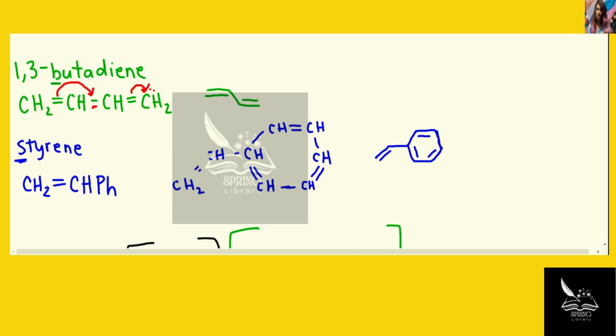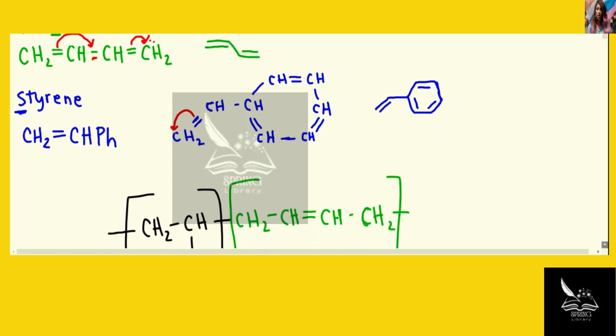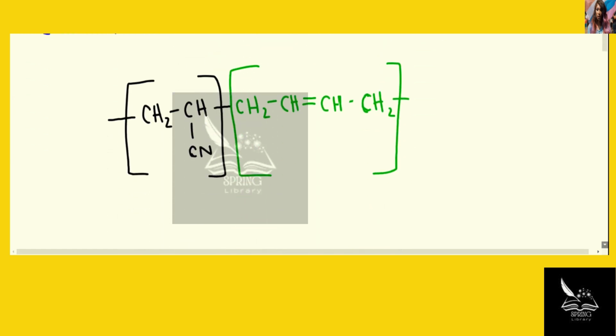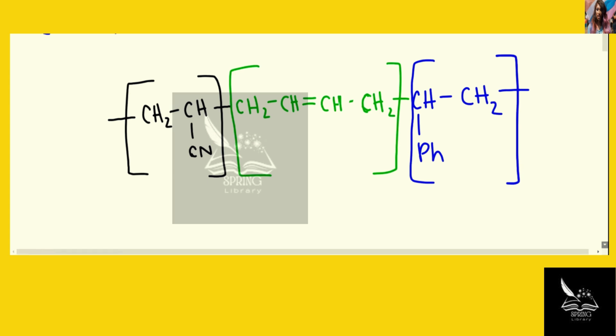So we're going to give, let me redraw this. We're going to give one of these electrons to that CH2 group, and that's going to create a new bond with that CH. Okay, so we'll have CH, and I'm just going to put the Ph for that phenyl group, and then CH2. And with that extra pair of electrons, we have a new bond that's created, and that will be your structure for one of your